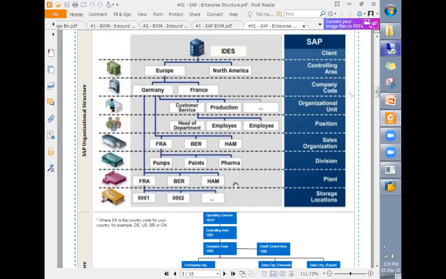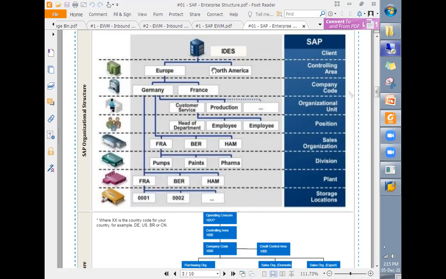And the places within the manufacturing facility where products or materials are stored, like raw materials, semi-finished, finished product, whatever. So there is a place within that, and that is called storage location in SAP.